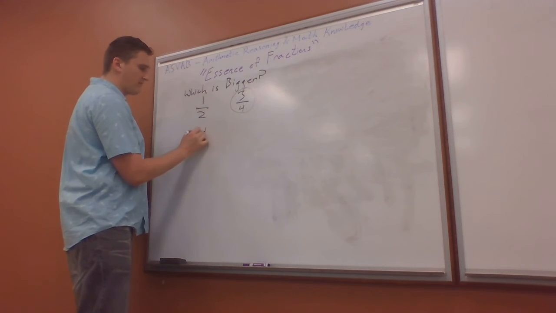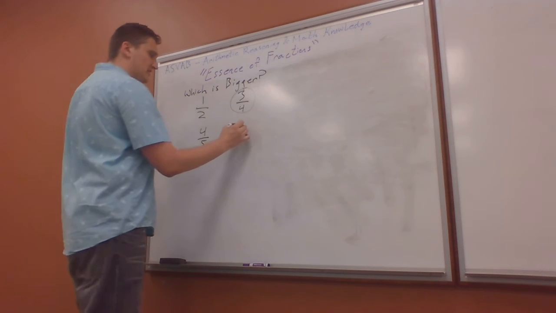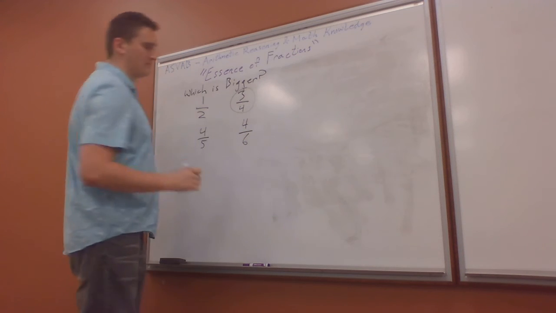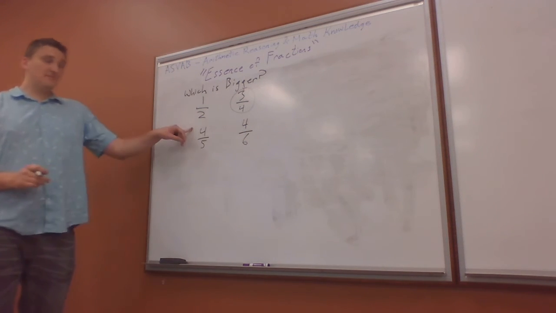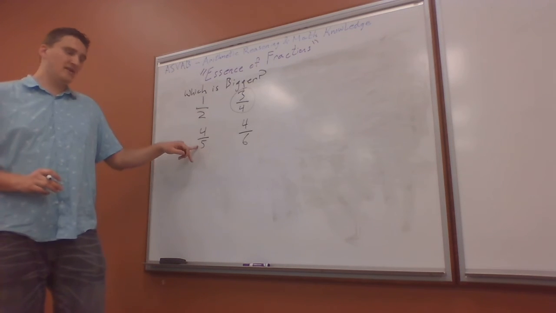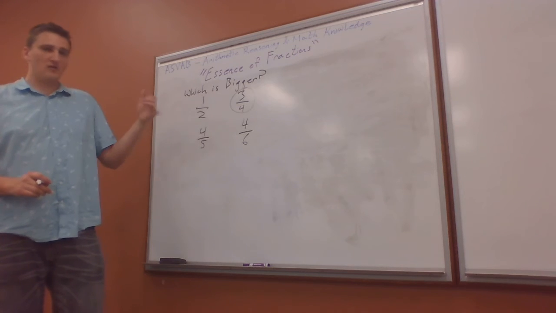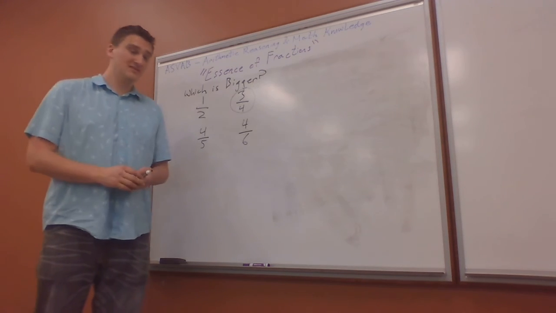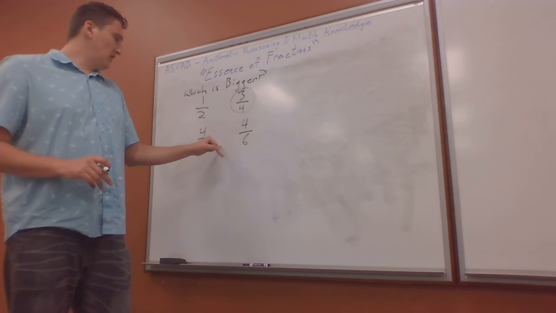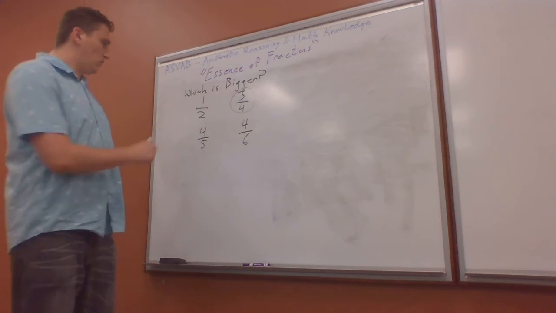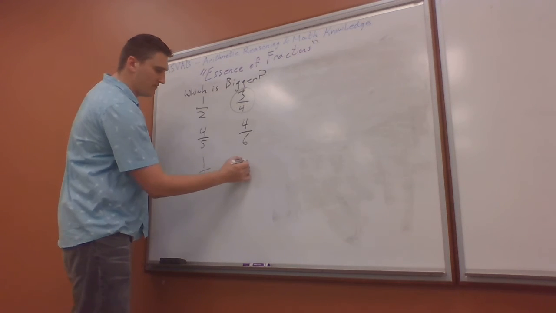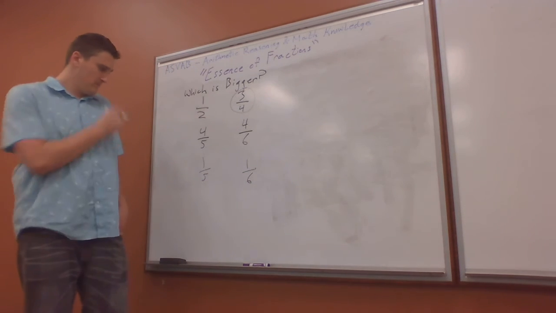Let's say I have 4/5 versus 4/6. We have the same number, but different denominations. It's like if you gave me 4 $10 bills versus 4 $5 bills. I'm going to go for the 4 $10 bills. Thank you very much. So how do I know that one is bigger than the other? Well, what's bigger? 1/5. So we know that that's bigger. 1/5 or 1/6? Well,